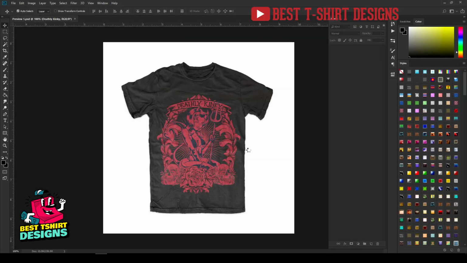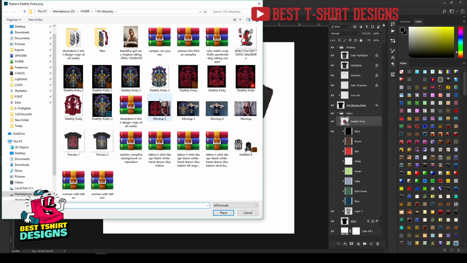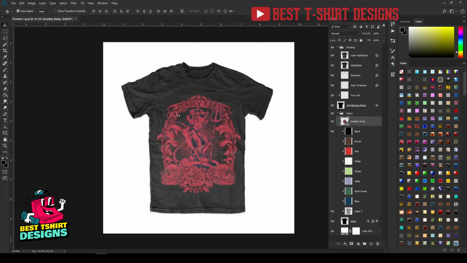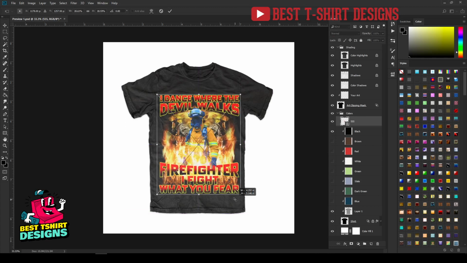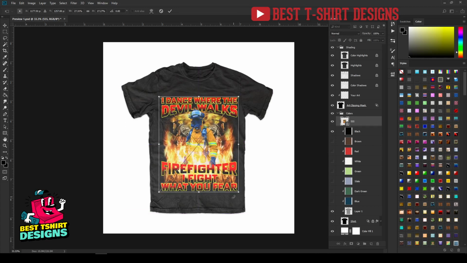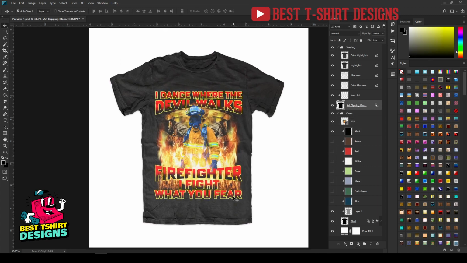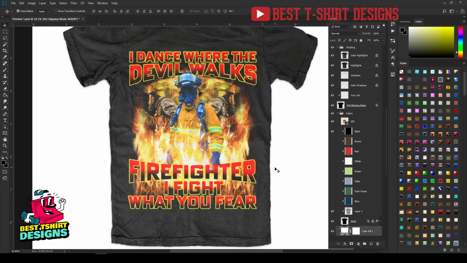Let me show you how it is going to look on a t-shirt. So this is a regular t-shirt, and then I can simply right click on this to replace, and here is the PNG image that I just created, and it is going to be a bit smaller in size, but don't worry, I can make it bigger, not that much. In a printable t-shirt I will find an area like this. So you can see this is how it is going to look, and I hope you will enjoy this one, you will learn something new from this one. And Photoshop is a really easy way to make designs like this.